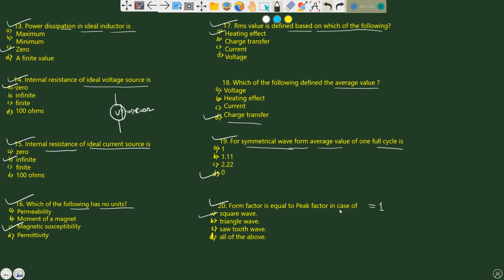Ratio of RMS value to the average value. Whereas the peak factor is nothing but the maximum value to the RMS value. So next we have